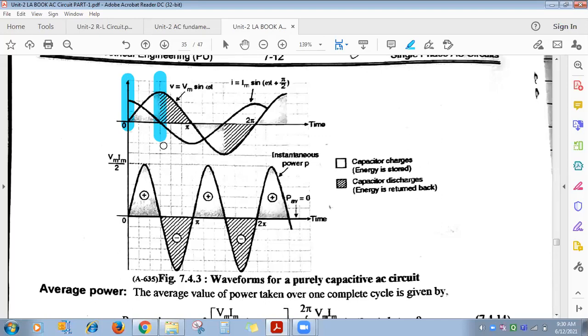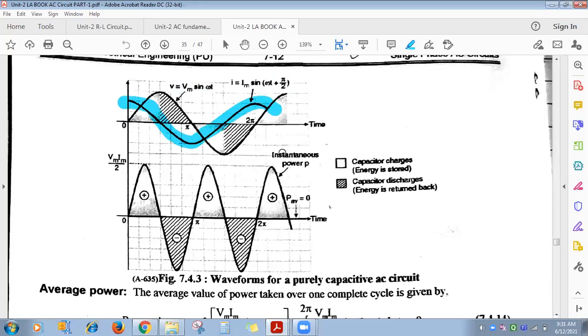So whatever current waveform you are plotting, how do you have to plot it? This is plus Im at 0 degree. See here, I told you after omega t, if a plus sign is there, plus 90 degree, it means at the origin it is having a positive value. After omega t in this waveform nothing is there, v of t is Vm sine of omega t. So at omega t it is having 0 value. And if after omega t there is minus 60 degree, minus 30 degree, minus 90 degree, then that waveform has a negative value at the origin. This one point you keep in your mind. Sometimes while solving numericals, you have to use this. Okay. So accordingly, you draw the current waveform.